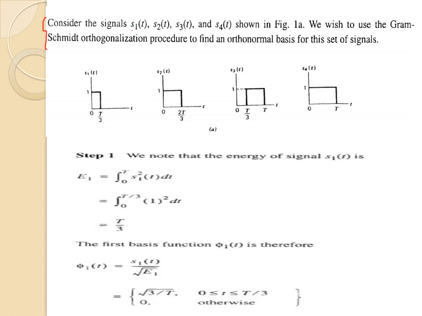Consider the signals s1 of t, s2 of t, s3 of t, and s4 of t shown in the figure. All four signals are given in this figure. We wish to use the Gram-Schmidt orthogonalization procedure to find an orthonormal basis for this set of signals. Once we know the procedure to solve, it is very easy to